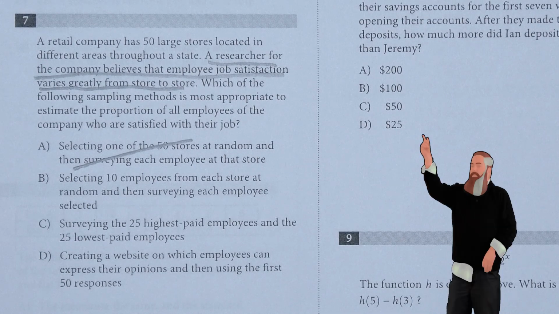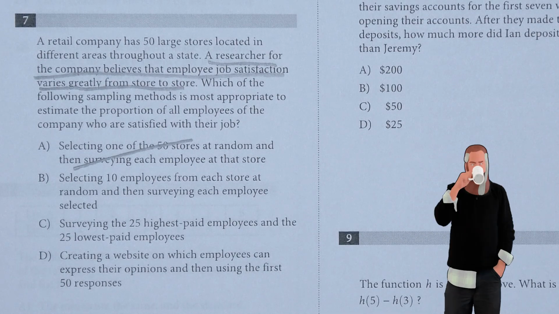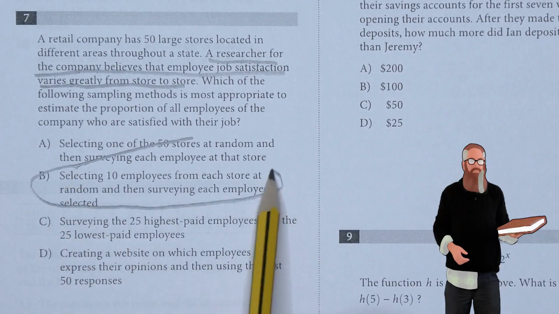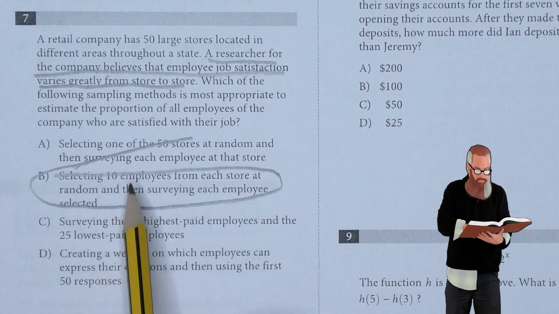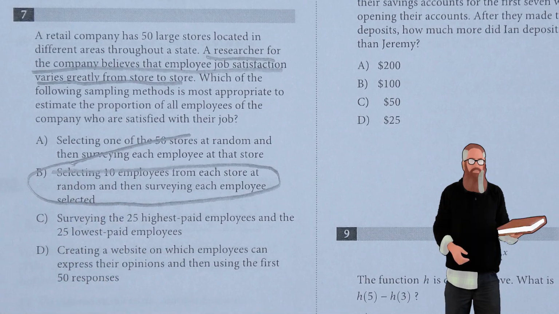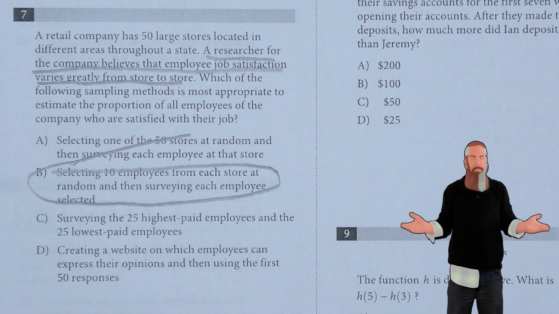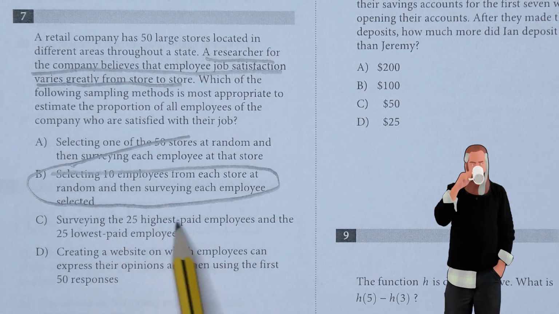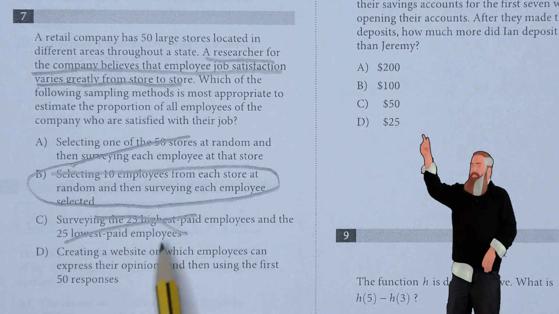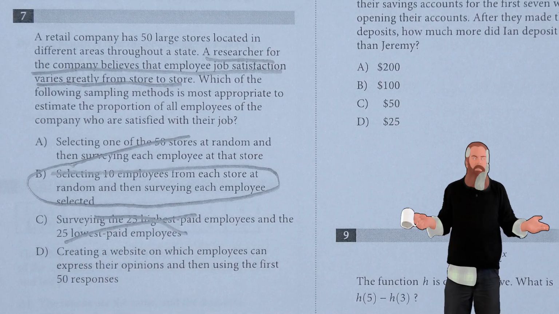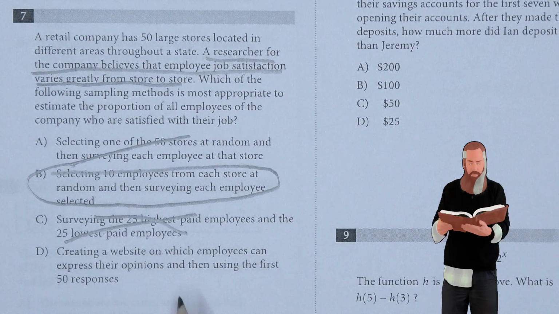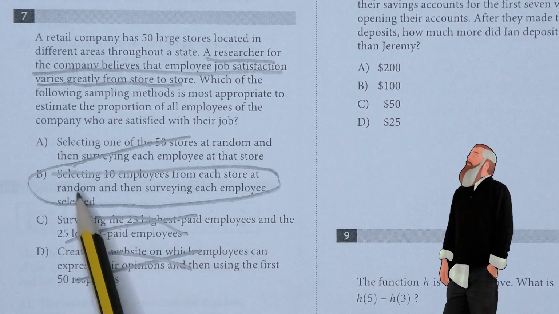Selecting 10 employees from each store at random, then surveying each employee selected. This would allow us to survey employees at every single store, so this absolutely could be an answer. Surveying the 25 highest paid employees and the 25 lowest paid employees doesn't guarantee that we're going to spread it out amongst all the stores, so it doesn't help us at all. Creating a website on which employees can express their opinions and then using the first 50 responses, again, does not ensure that we get all of the stores' opinions, so we're left with B as